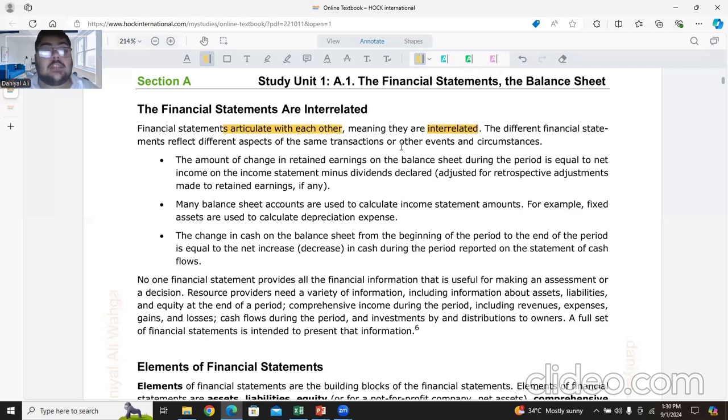The different financial statements reflect different aspects of the same transactions or events and circumstances. Yes, each financial statement shows different circumstances and it relates. That's why it has been mentioned: double entry, or single effect, no effect on the financials, while a double effect has a greater impact on the financials. If I look towards my amount of change in the